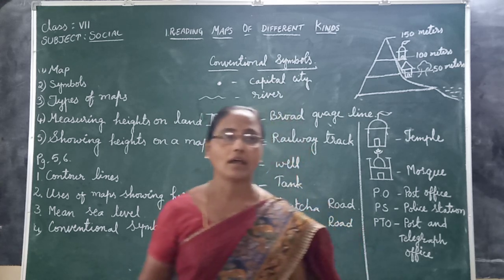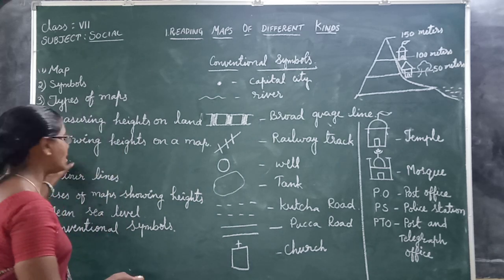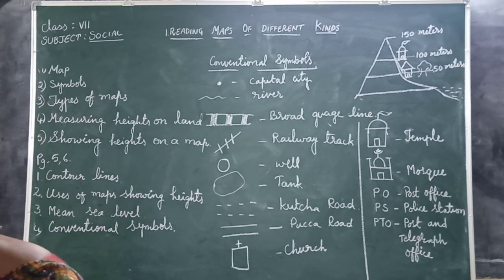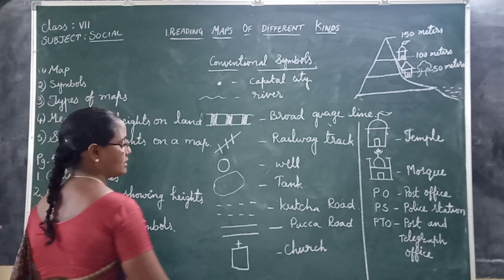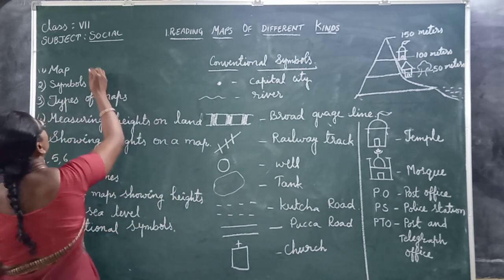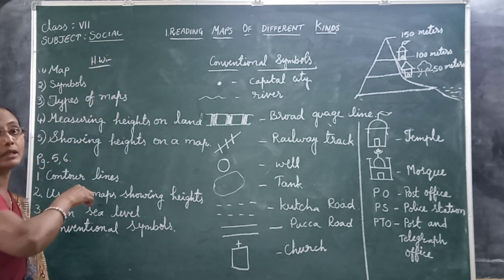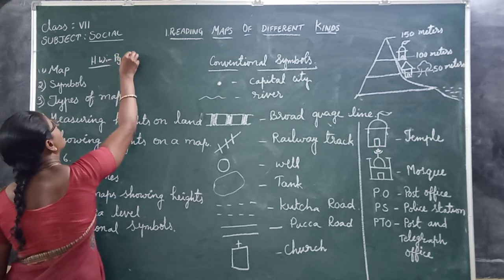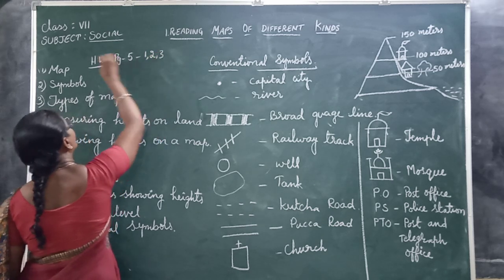Okay. Today you have to read textbook pages 5 and 6. Definitely read pages 5 and 6. Today I give some questions as homework. In your material, page number 5, questions and answers 1, 2, 3. Homework, note down. Material, page number 5. Read questions and answers 1, 2, 3.